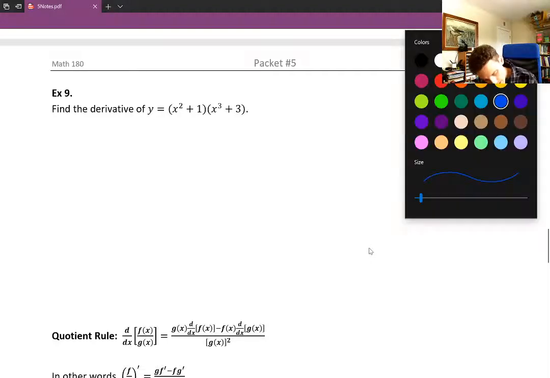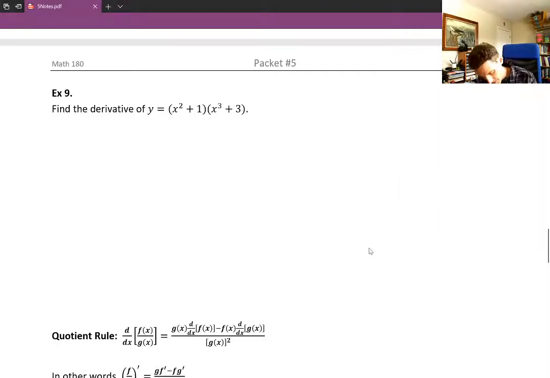So here we have two functions that are multiplied to each other. x squared plus 1, which is like our f, and x cubed plus 3, which is like our g. And so what we could do is use the product rule. We have the product of two functions, so we can use the product rule. So now we've got dy dx